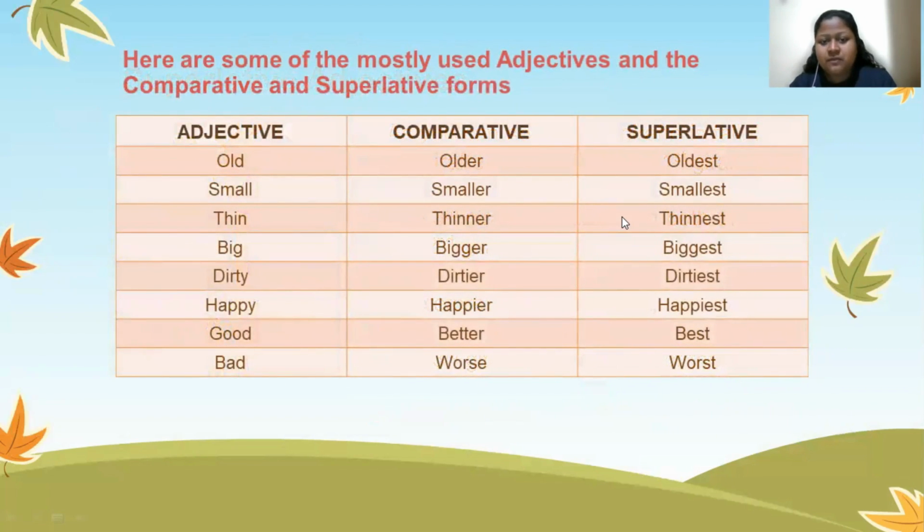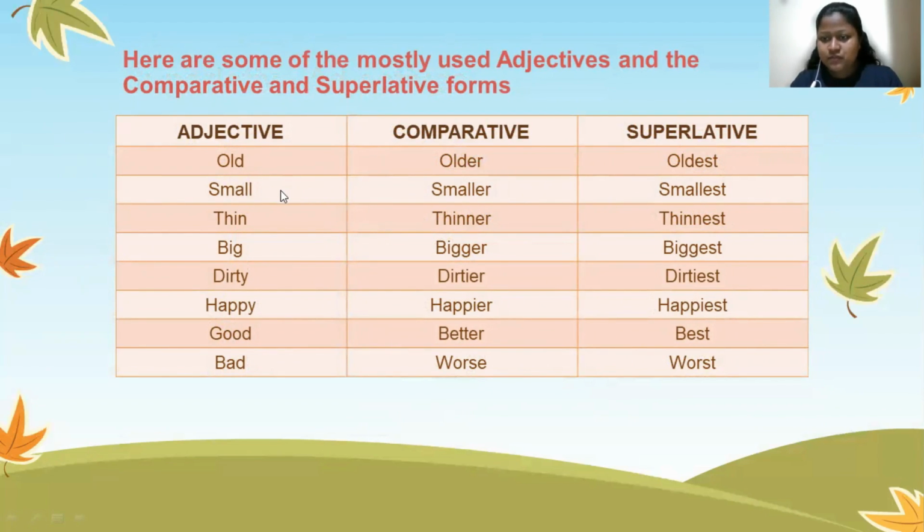And moving on, here are some of the most commonly used adjectives and their comparative and superlative forms. So you can see that the adjectives are old, small, thin, big, dirty, happy, good and bad. Let's go one by one. The comparative form of old is older, and the superlative form is oldest. We don't make any changes to the spelling. We simply add ER when making the comparative, and when we are making the superlative form, we add EST to the end of the word without making any